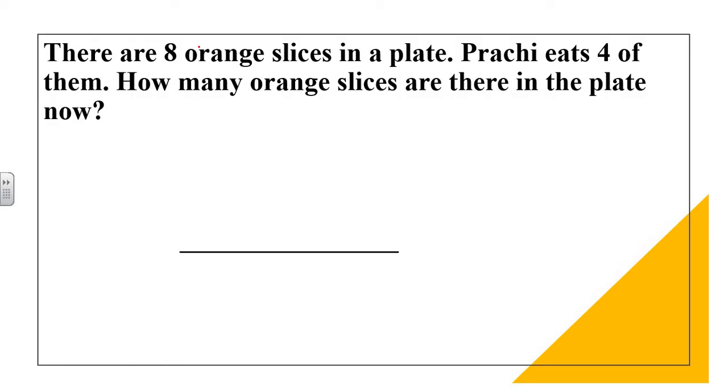So let's start solving the sum. So our first information is 8 slices. So I have jotted down here. Then as we have imagined that this sum is of subtraction, and in the beginning only I gave the heading that we are going to do only subtraction. But still we have to imagine the question also. So I'll put minus sign. Then she eats 4. Okay, now I am putting here orange slices.